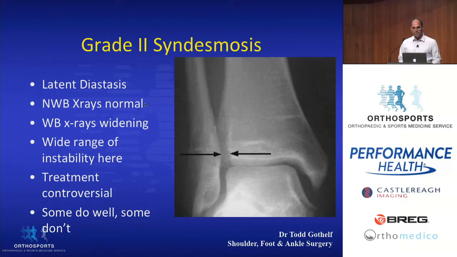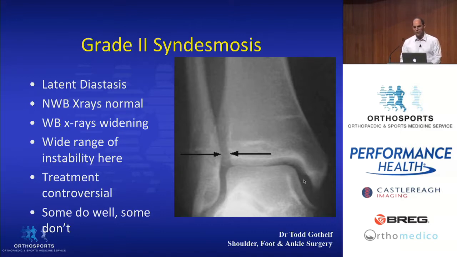So in a non-weight bearing x-ray, it'll be normal, but with a weight bearing x-ray, you might see a little bit of widening. And the widening in grade 2s is very different. So for some people, it would be completely obvious. Others, it's very subtle. So this could be a widened medial clear space just by about 1 millimeter, and that